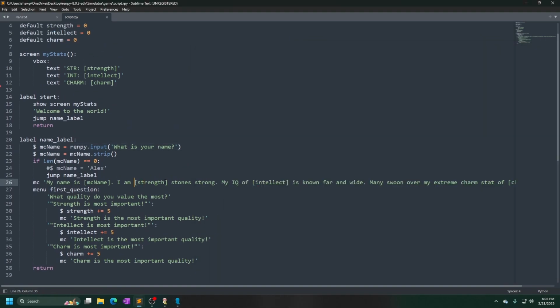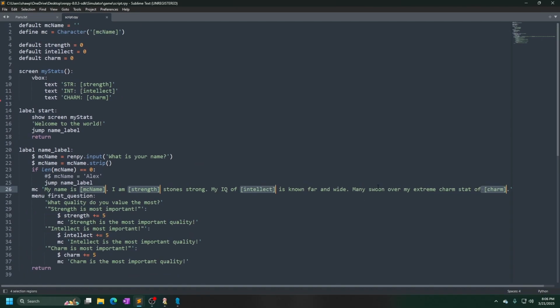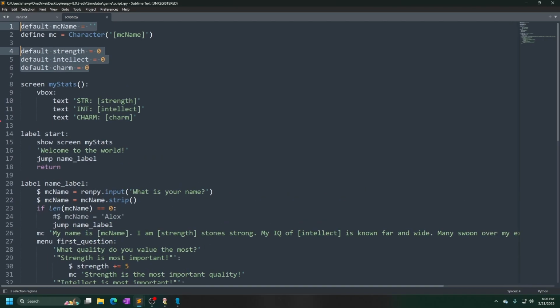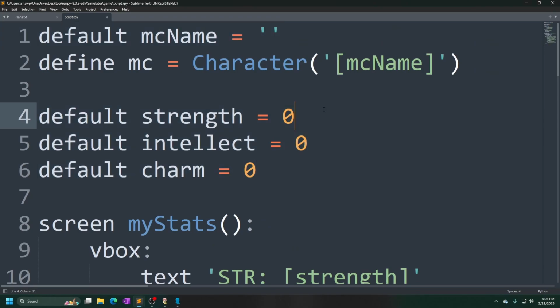Now, to explain these, it is because this works because of Ren'Py's string interpolation. Essentially, strength points back to strength, intellect, and charm, and our MC name points back to these lines, okay? Because we defined it as 0 as showing up of 0. If I were to write 50,